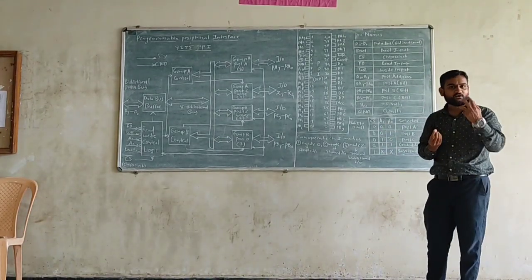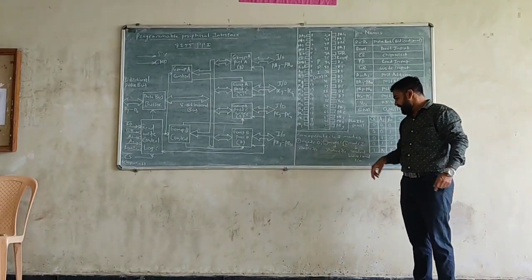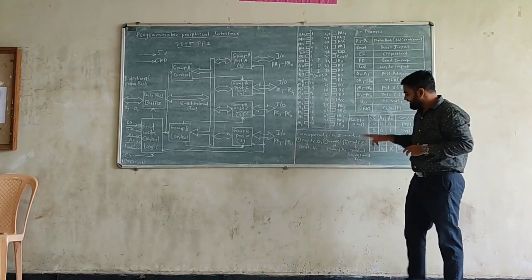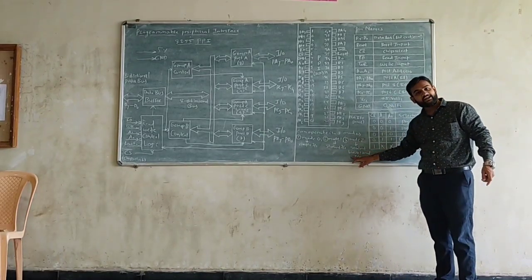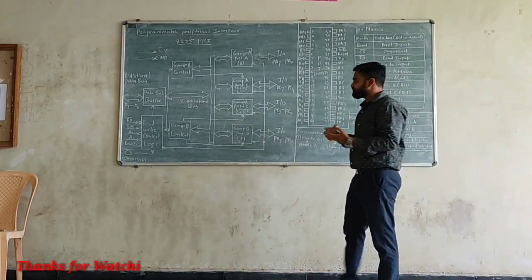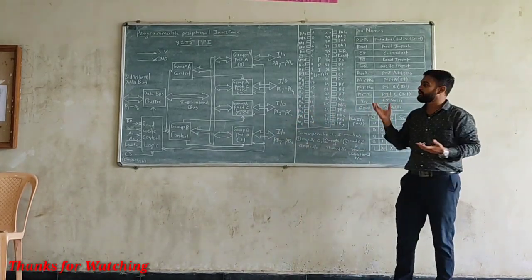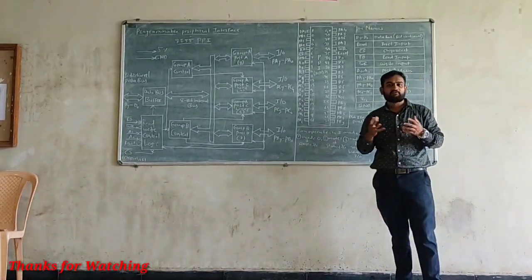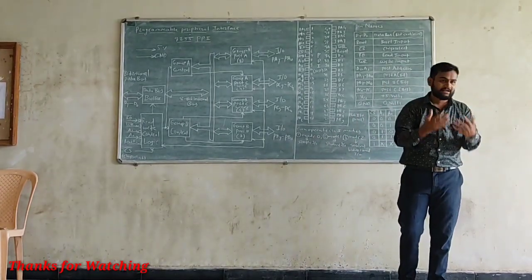The basics are that we operate in three different modes: mode 0, mode 1 and mode 2. Mode 0 is a simple IO mode, mode 1 is strobed IO, and mode 2 works on strobed bidirectional IO. So this is a little bit of description, the block diagram explanation and pin description explanation of your 8255 PPI. Why do we need it? We need it for interfacing multiple IO devices with your microprocessor using parallel communication.